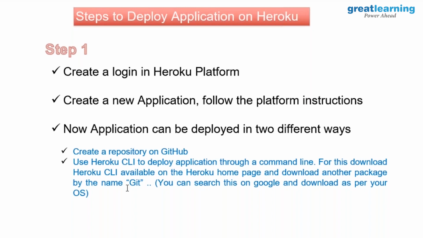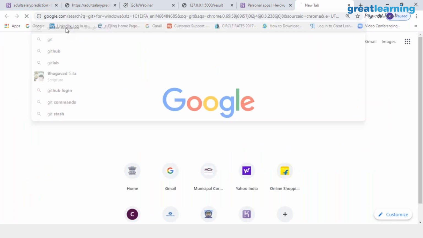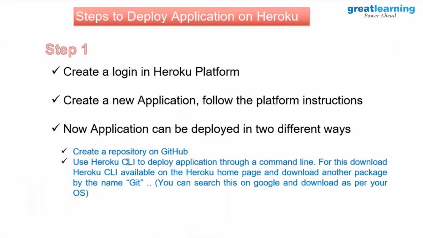So what you need to do is download Git from Google. It's simple. You have to just go there and search. I have a Windows environment, so I'll say Git for Windows, and I'll get to see an executable file, right? Once you have downloaded Git and executed it, now you can use the Heroku CLI environment, right? I'll show you the CLI environment right now. GitHub will exactly follow the same path. The difficult part is the CLI, because herein you have to write the commands. Through GitHub, those commands automatically get executed.